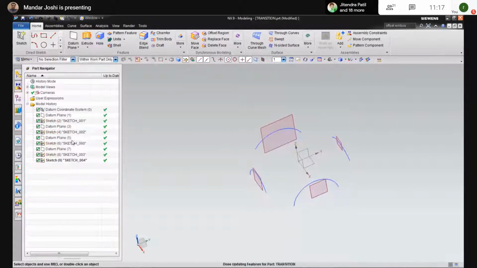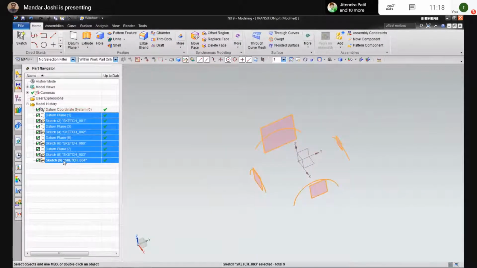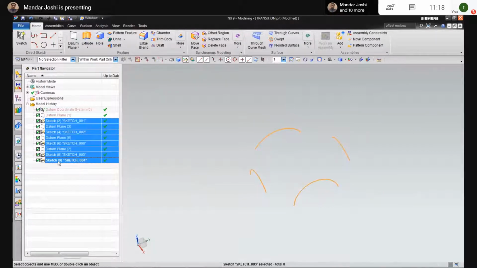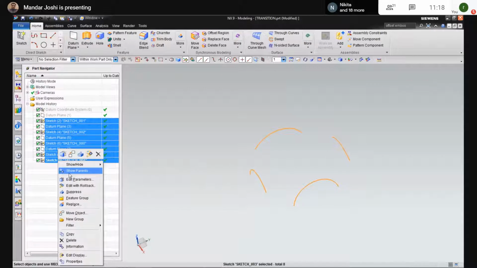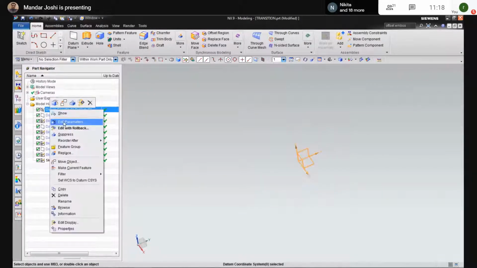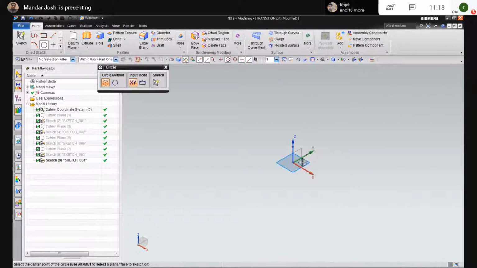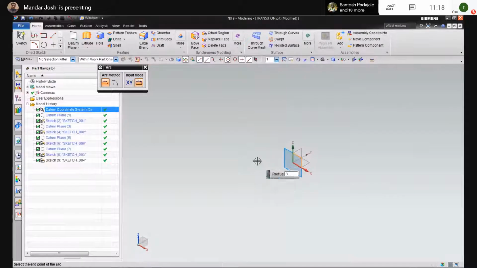I repeat. Suppose we build an arc here and the center plane.